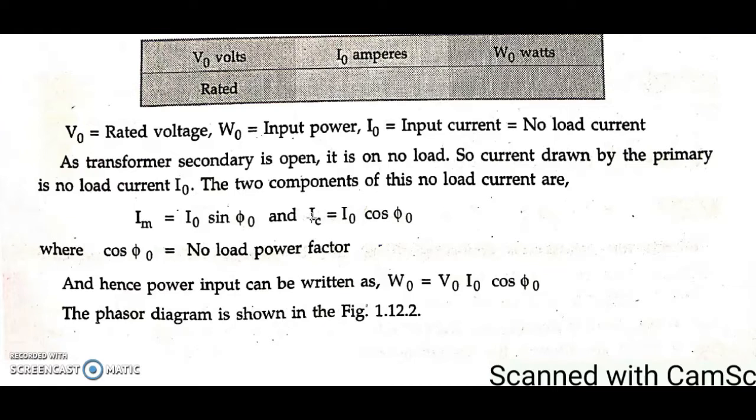Okay, so this is all about the OC test. And one more advantage of this indirect load testing is, see, sometimes for a large transformer like 100 MVA or 200 MVA transformers, we will not have such a huge load to conduct a direct test, that is, the actual load will not be present. In that case, this indirect load test acts like a boon for us, so that even when no load is available, we can easily calculate the efficiency of the transformer for various power factors as well as various load conditions. This is one more advantage.